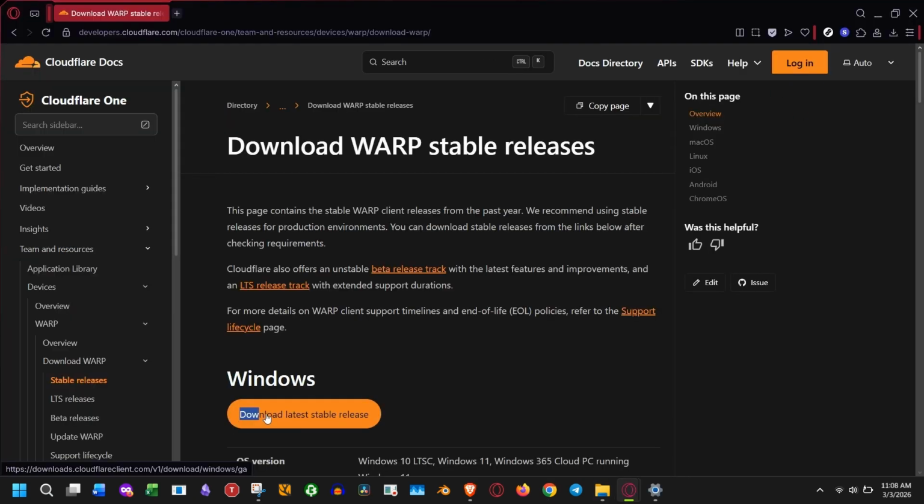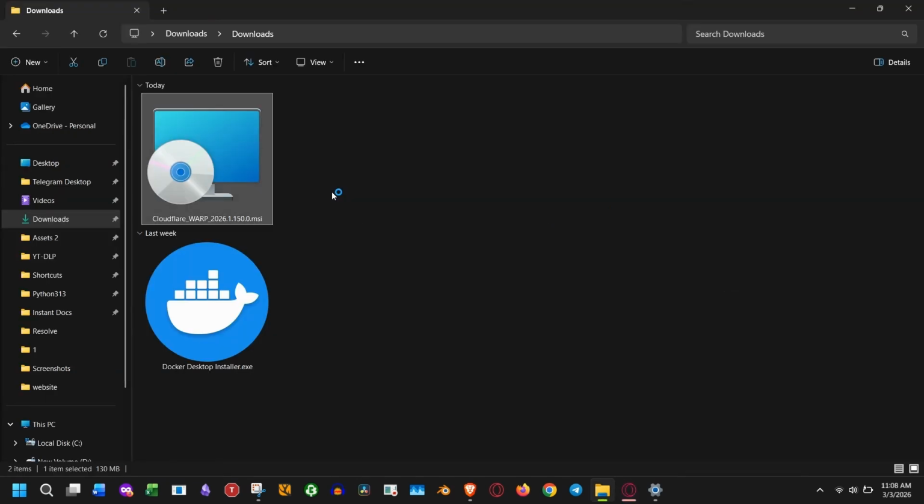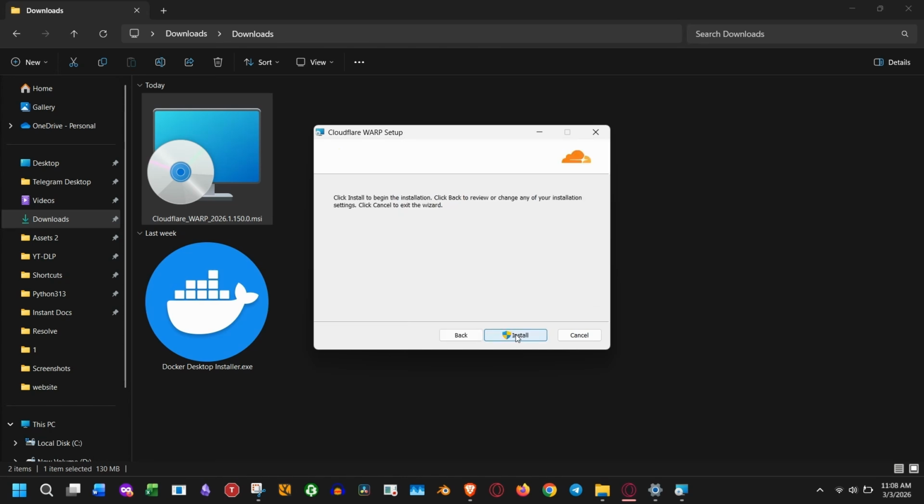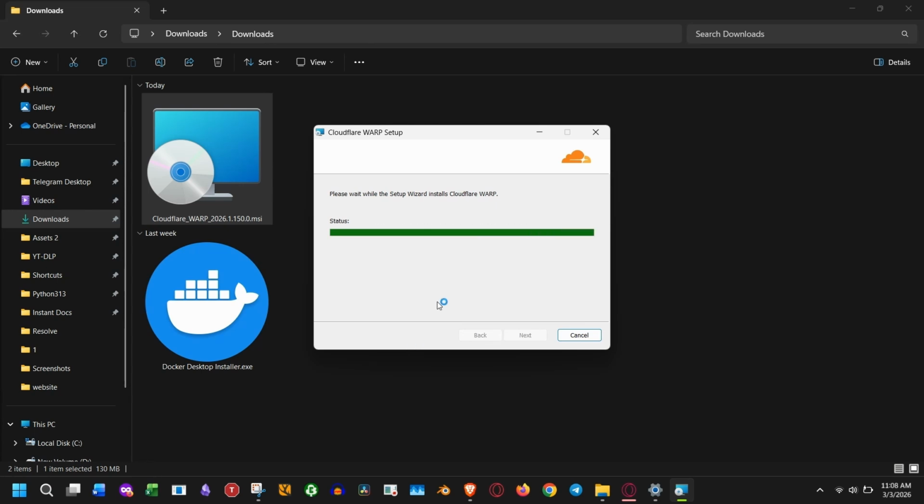Download the latest Cloudflare WARP installer directly from the official Cloudflare website to make sure you're using the most recent version. Once downloaded, right-click the installer file and choose Run as Administrator. This gives the setup wizard full permission to install all required services properly. The installation bar should now move smoothly without triggering the Ended Prematurely error. Wait for the green progress bar to complete, and once you see the Finish button, click it to complete the